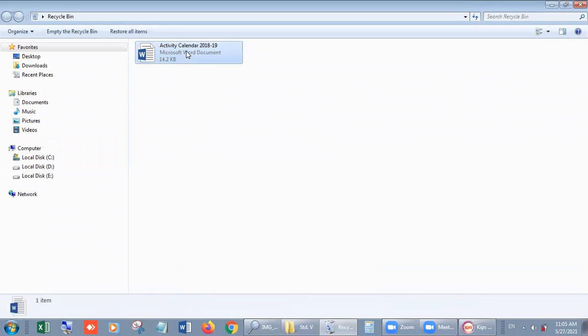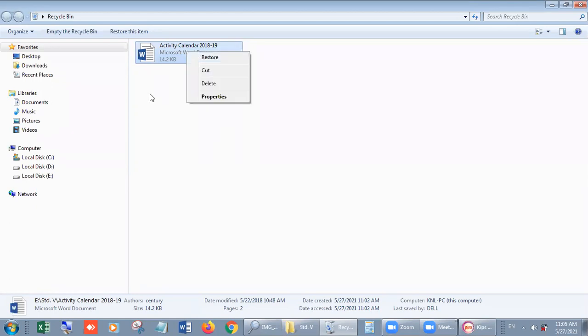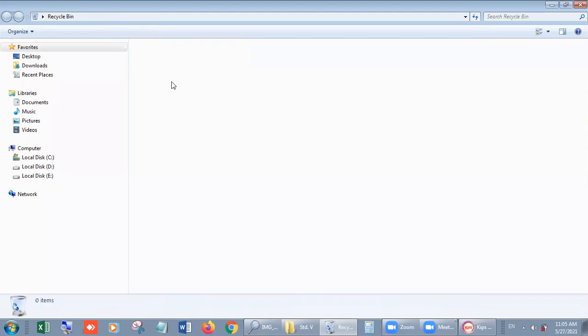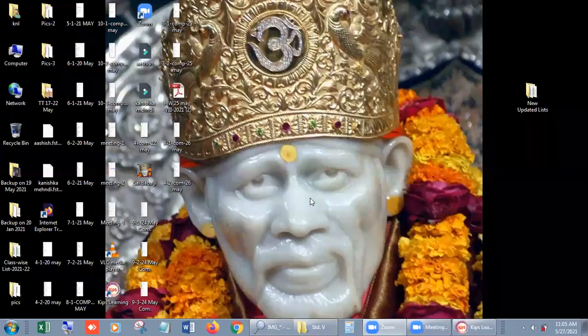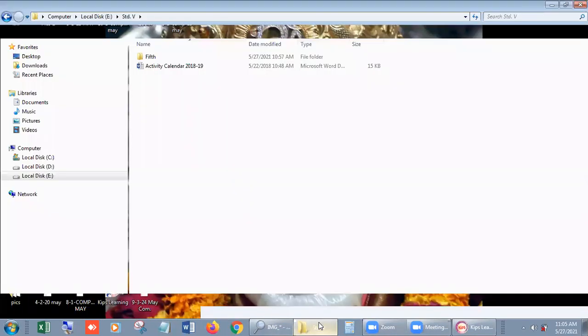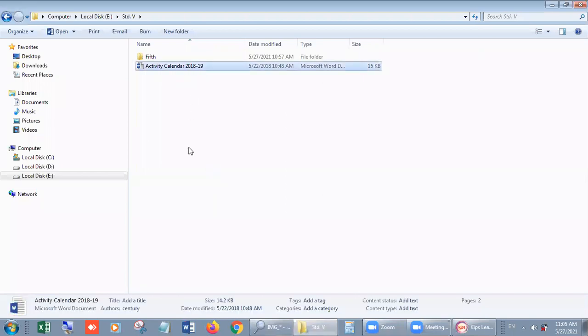Okay, now you can restore this file, you can send back this file from here. How? Very easy. Click on it, right click on it and restore. Otherwise, click on it and you can see the button on the title bar, restore this item. And when you click on restore this item, the file will automatically go to the same location from where you deleted this file. I'm going to click on it. Look students, the file went from the recycle bin back there. And if I want to check where it is, this is the folder. Now you can see our file is back,